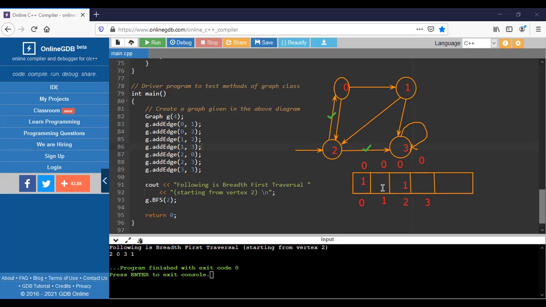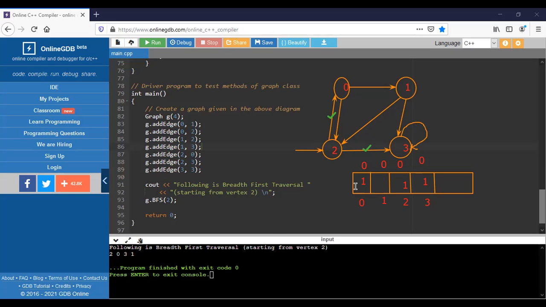Then coming to the next one, which is 3, mark it as 1 here. 2 has the values 0, 3, and then another one, 1, but it doesn't have any incoming edge from 2. Since it has no incoming edge, it stops there itself.